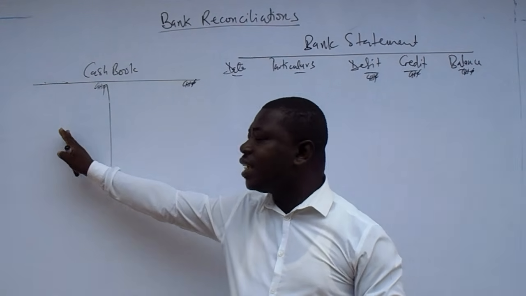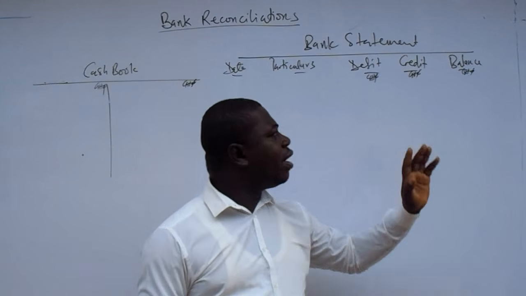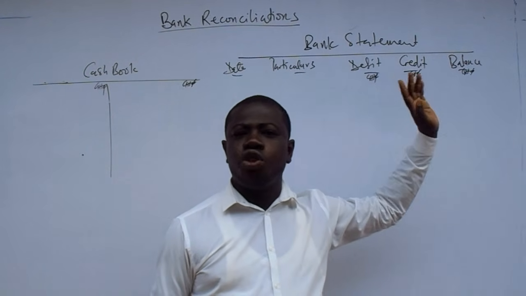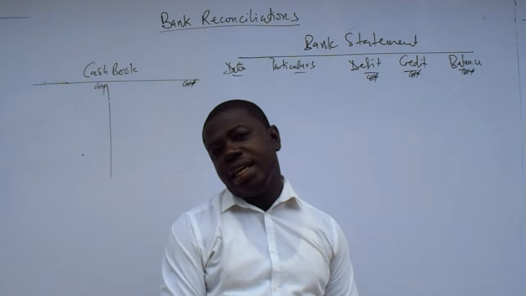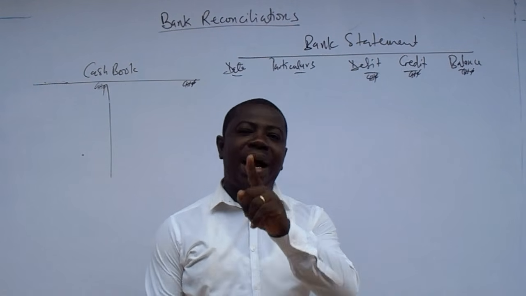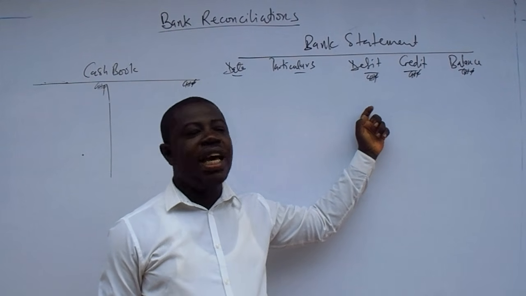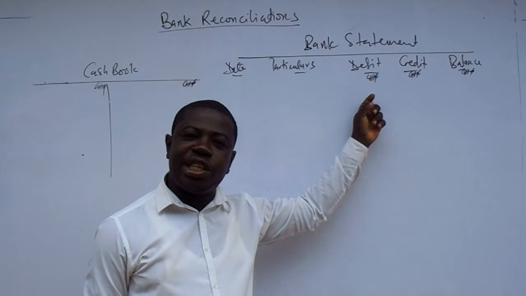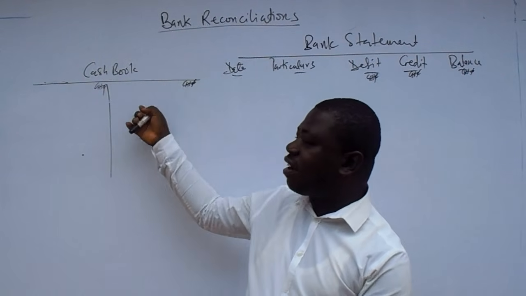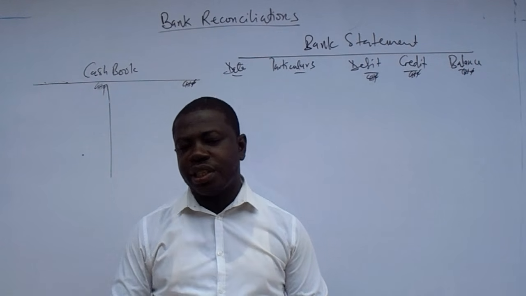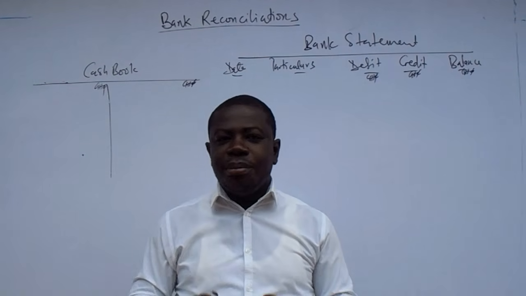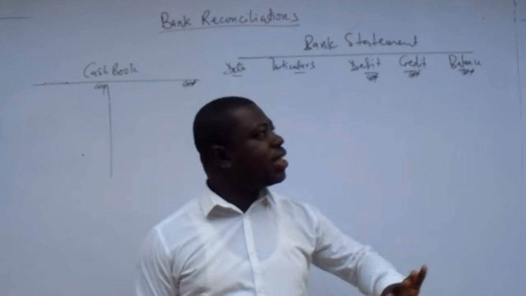Whilst a debit balance in the cash book is also a plus. So a credit balance in the bank statement should be equivalent to a debit balance in the cash book. And so when the bank is debiting your account, it means that they are rather reducing your account. And that means that the equivalence of a debit in your bank account is the credit in the cash book in the business. And so the accountant in the business maintains the cash book, while the bank maintains